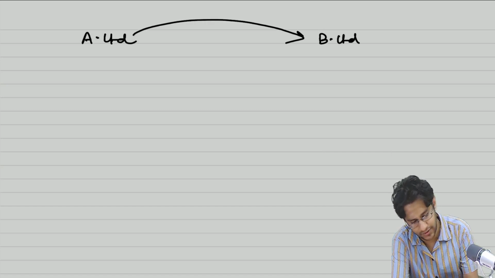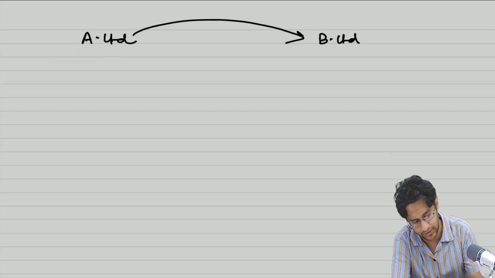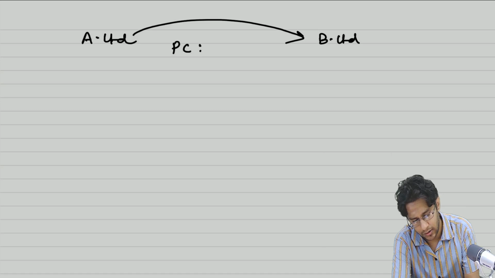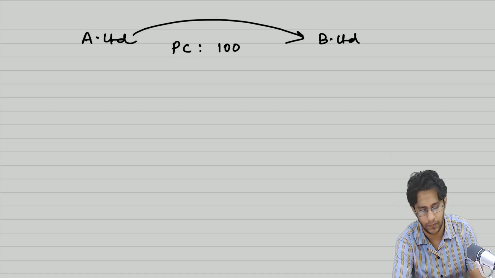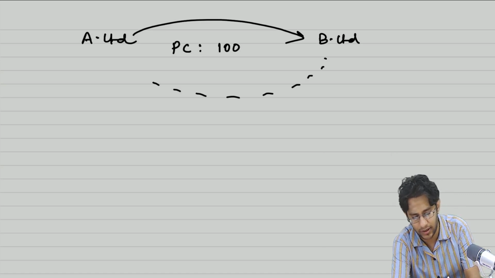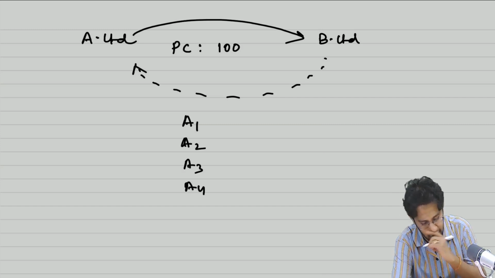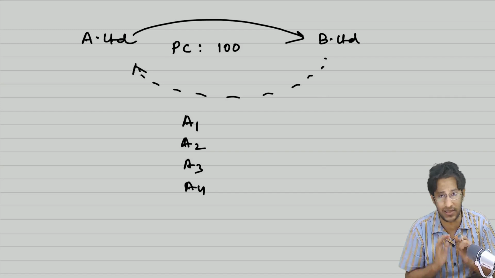A Limited purchased, or let me put it like this, A Limited absorbed B Limited. The PC paid here is 100 rupees. For this PC, you will take over some assets and liabilities from B Limited. In those assets there are A1, A2, A3, A4. Four assets are there. Some processes and all are also there, but prima facie four assets are there.